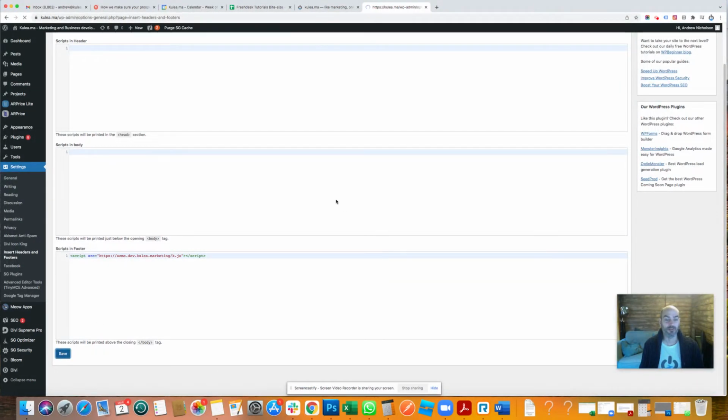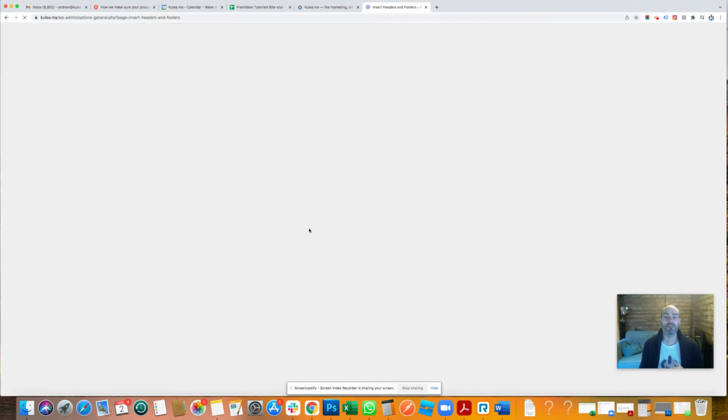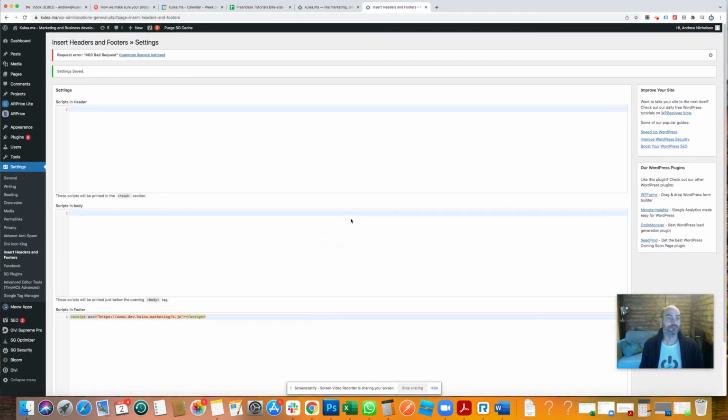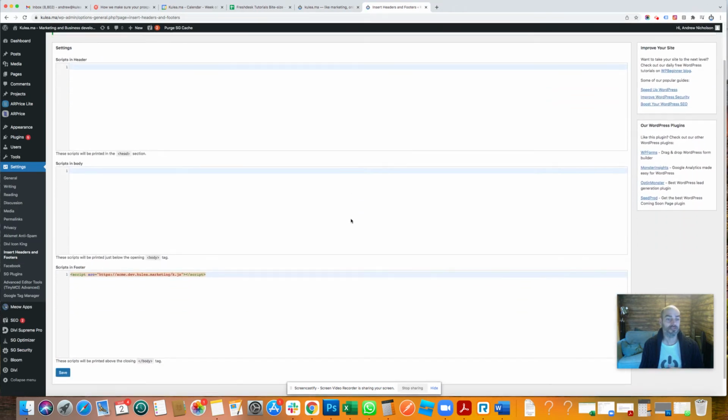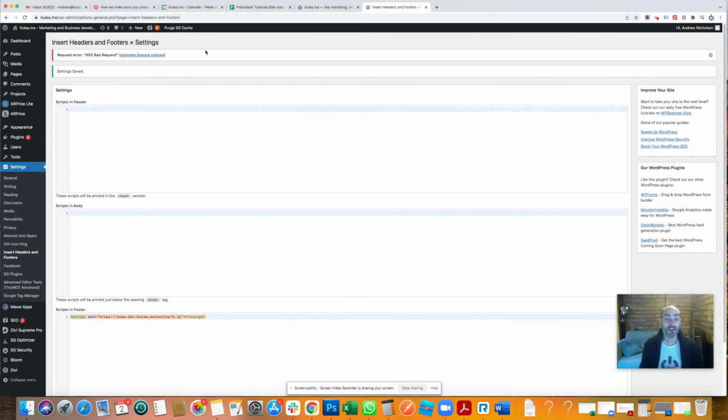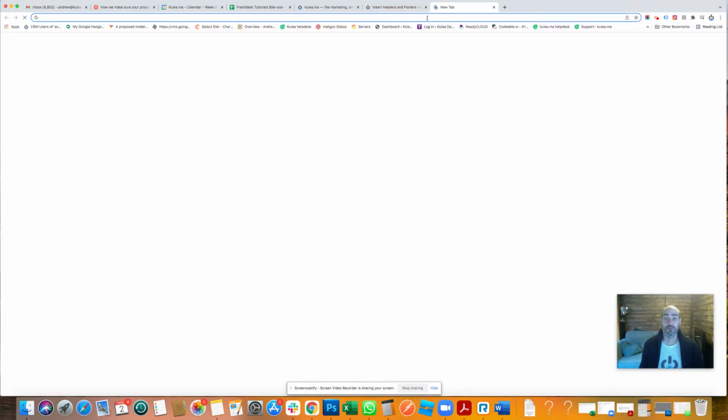It also means that people actually have to fully load the page before that fires, which means you're sure they've actually seen the content that you're expecting them to see. There we go. That is all there is to it. That's all you need to do. So we've popped that in there. We've saved it. If you want to check to make sure it's there, you go to